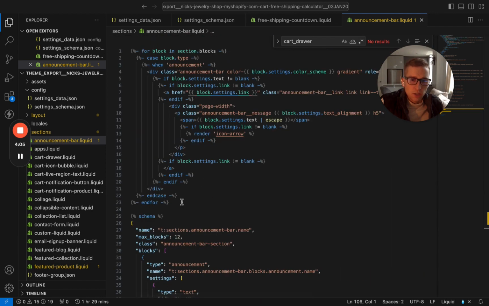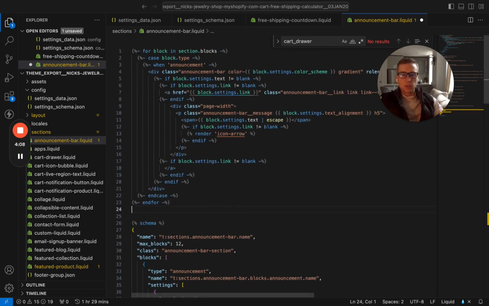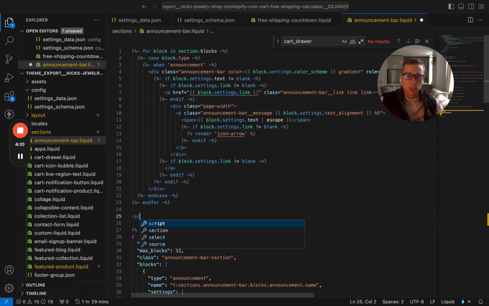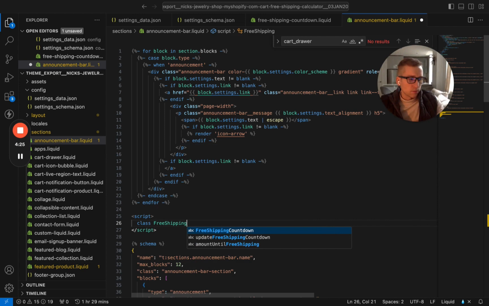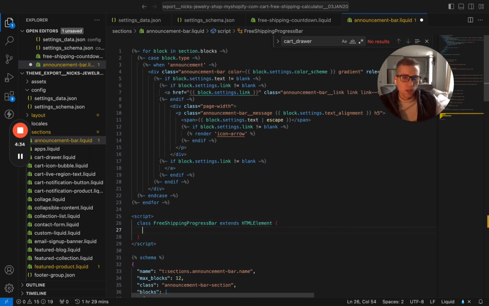But what we're going to do is come under the liquid code and above the schema, and we're going to create a script tag, and this is where all of our JavaScript and our web component is going to live. Of course, you can also create a JavaScript file separately and include it there. But the first thing I'm going to do is declare my web component, and it's going to be called free shipping progress bar, and it extends HTMLElement. And then I have a constructor,